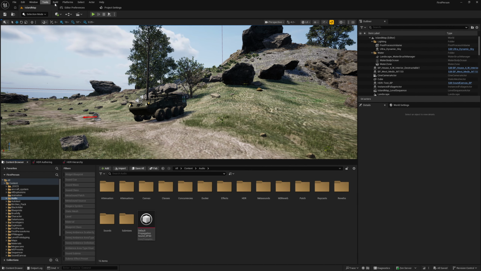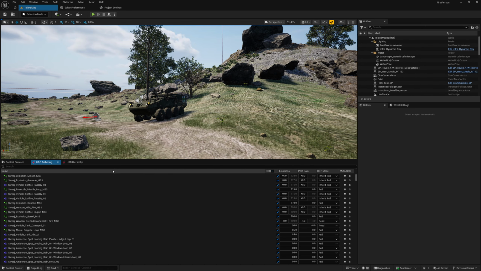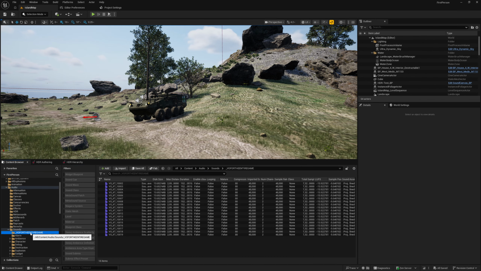Now, if we open up the HDR Authoring window, we can see that all the sound assets within the included folder and any subfolders within it are shown. Although we can filter this list by name, it's worth also thinking about folders that you might want to exclude from the HDR system. For example, here we might have a folder with 40,000 dialog files in,